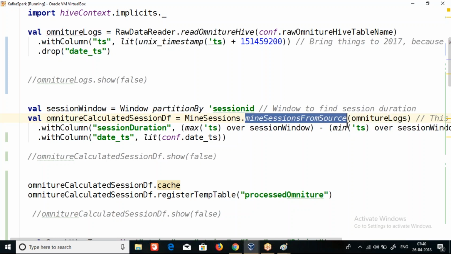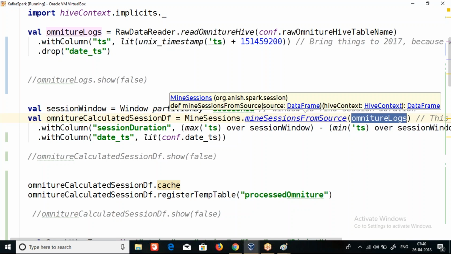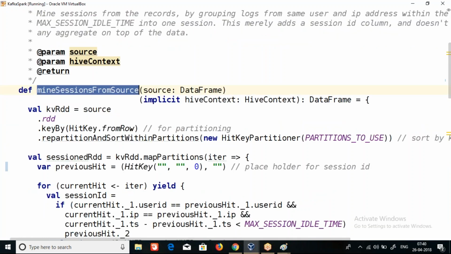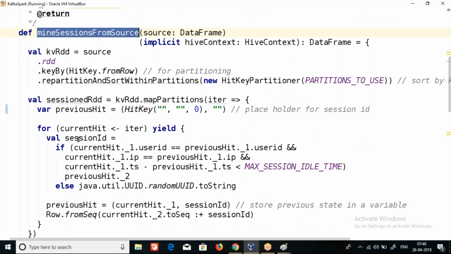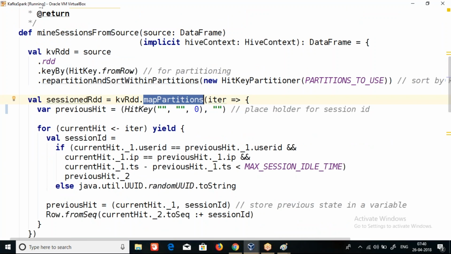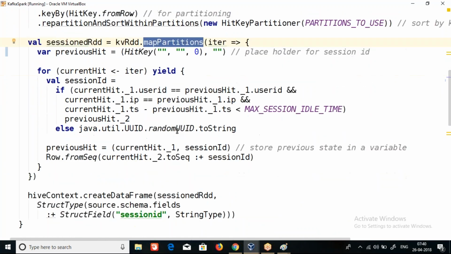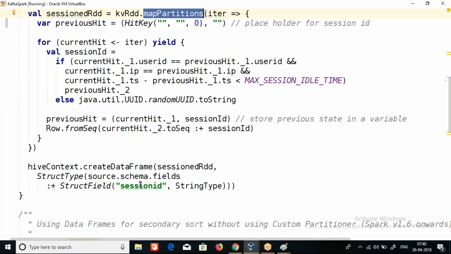So this method takes our data frame to which a new session ID will be added. We have seen this example, this piece of code we have already seen, where we are doing custom partitioning, repartitioning and secondary sorting, and we are also using the mapPartitions higher order function to do the sessionization, and here we are adding our new field,